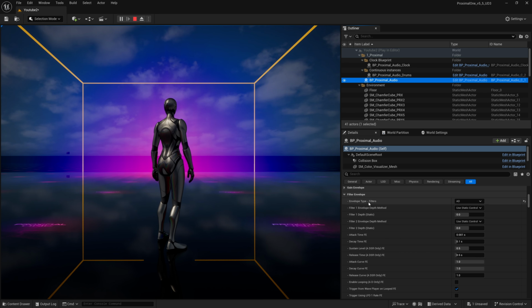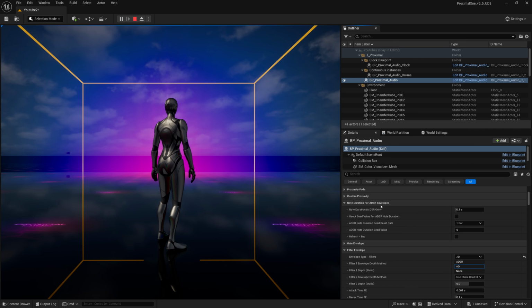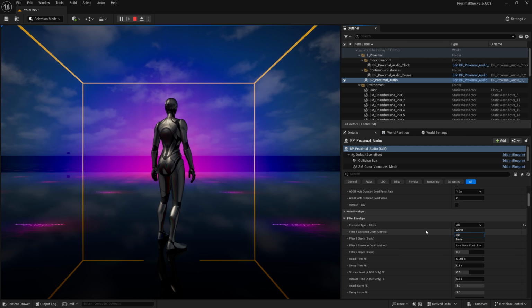So the first one, we can select the type of envelope that it's using. So we've got our AD, which is the attack and decay envelope, and then we've also got ADSR, which is attack, decay, sustain, release. And ADSR is the one that's going to use this note duration. Okay, so if we select that one,